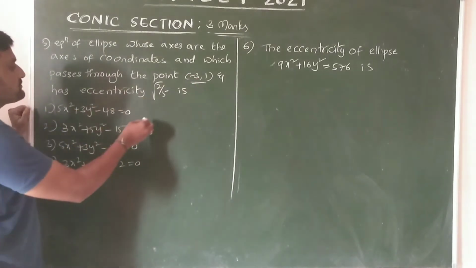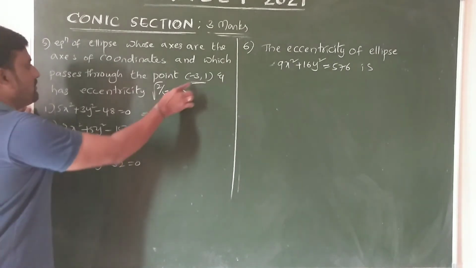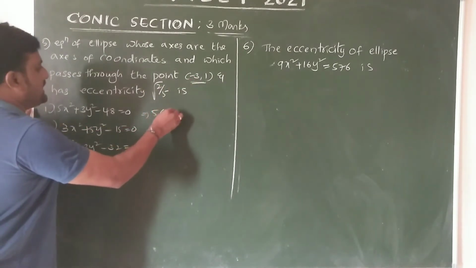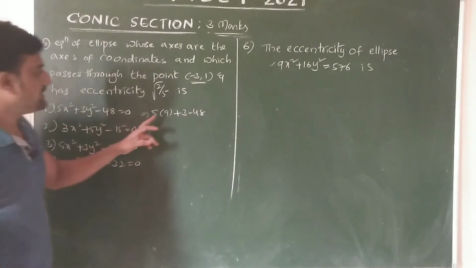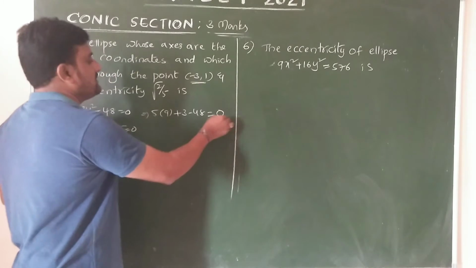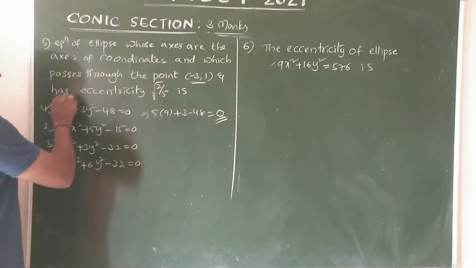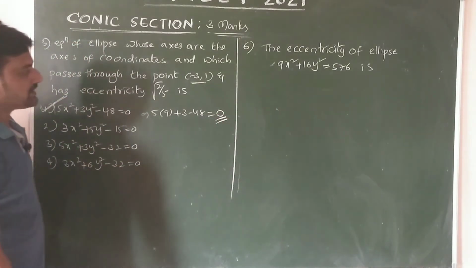First one: minus 3, 5 into 9 plus 3 minus 48. Is it 0? 45 plus 3 minus 48. Definitely it should be 0. Okay, the first one is our option. Now